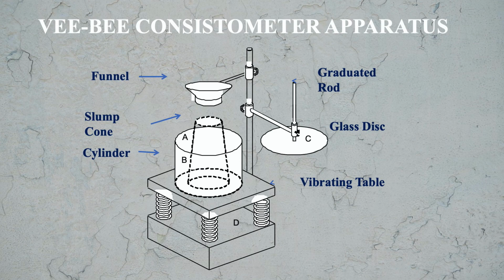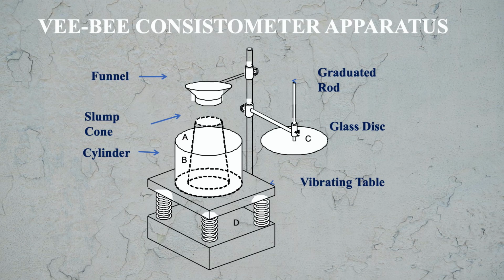And next to it you see here the fuel rod, and on this rod there is a funnel which helps in pouring the concrete into the slump cone,